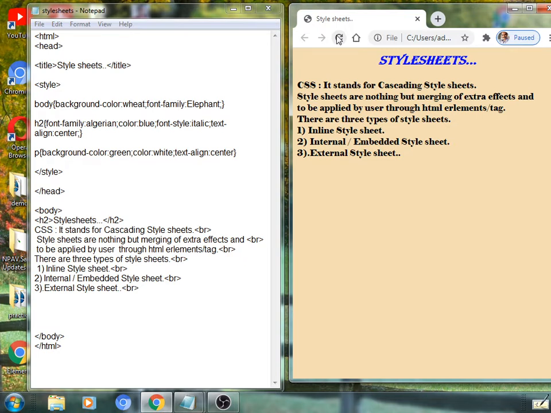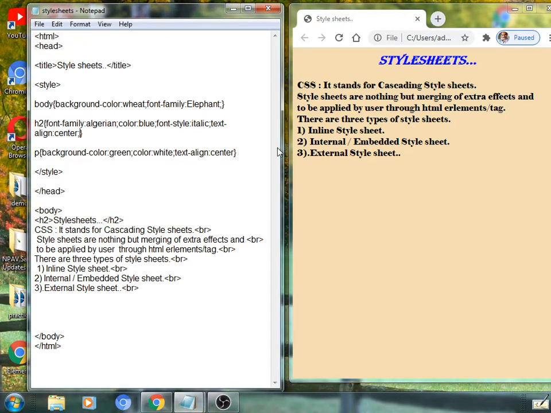Likewise, you can also give here text decoration. Text decoration is nothing but drawing lines below the text, on the surface of the text, or on the head, that is over the text. It is applicable.